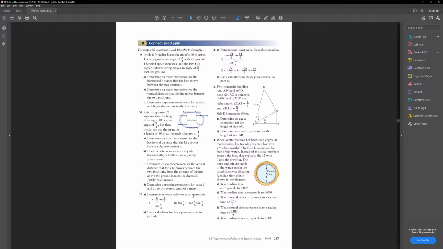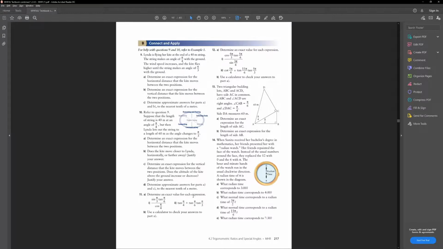Then I asked you to do question 9, which is: Linda is flying her kite at the end of a 40-meter string. The string makes an angle of pi over 4 with the ground. The wind speed increases and the kite flies higher until the string makes an angle of pi over 3 with the ground. Determine an exact expression for the horizontal distance that the kite moves between the two positions. Okay, so